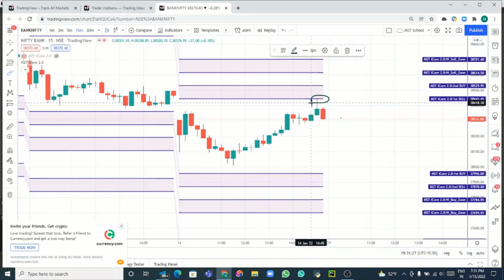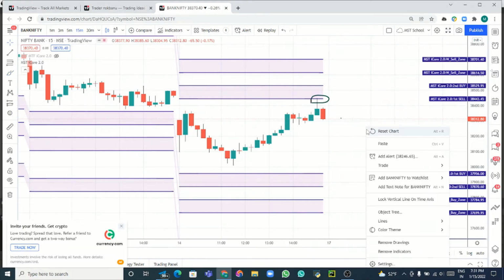So how do you have to take it? First, by default you have to trade. Then in the second entry, you have to change the time frame. If you want to go for the third entry, then you have to go for the other calculation. This way you can reduce the loss and you will get the perfect entry.